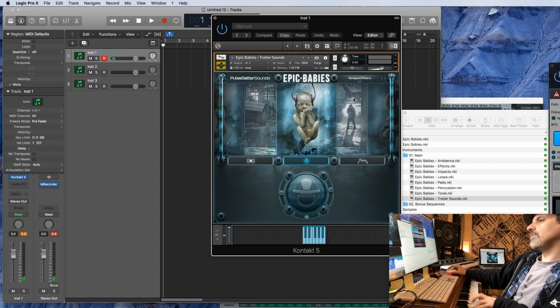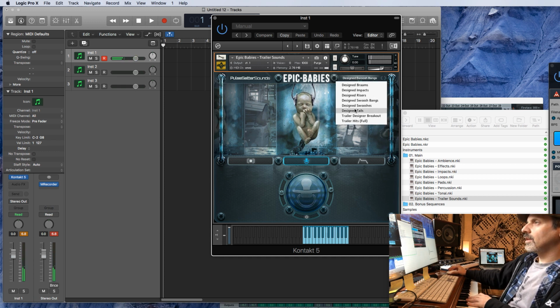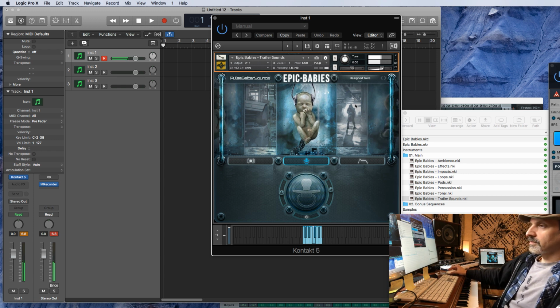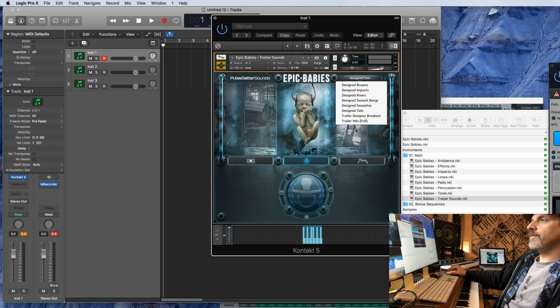Okay, so those are the impacts, and then the risers would be on a separate patch. Then swoosh. And then the tails. So it's all different materials, completely new, different from the other ones. Although some of it sounds a little bit like the ambiances from above, but it's been processed, so it fits with the trailer hits